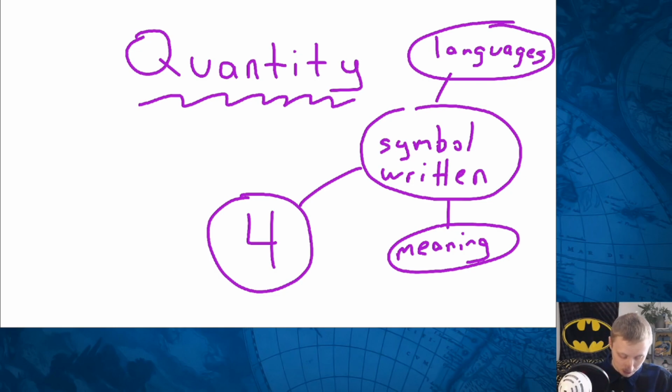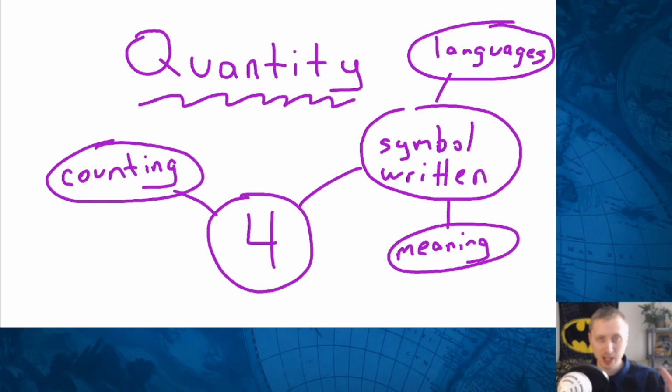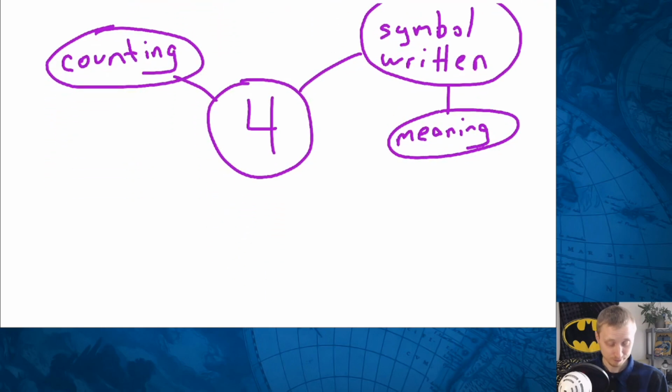Okay, so at its very basic, foundational, we typically start with counting things, right? When I say 4, most likely you're going to imagine 4 objects, right? 4 fingers, 1, 2, 4. 4 golf balls, 4 sticks, something of that nature. And that really is the historical origins, right? Original